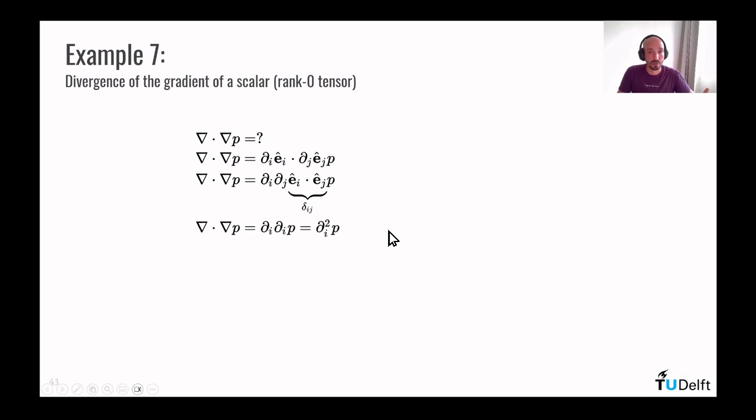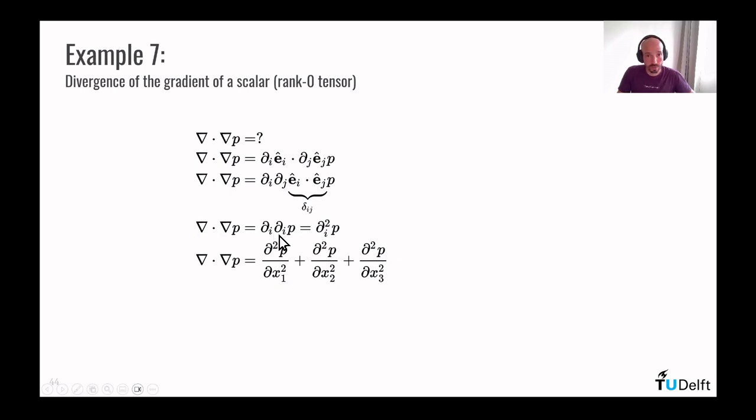And if we do so, we end up with two derivatives with respect to x sub i. So we can write this del i squared, and this means the Laplacian, right? If we perform this expansion, if we perform the summation,